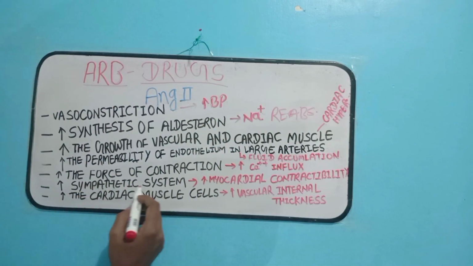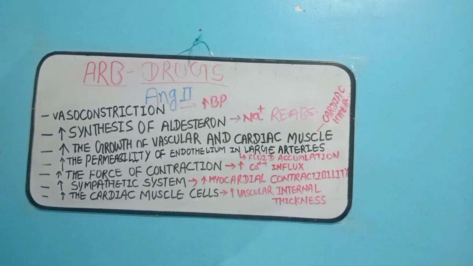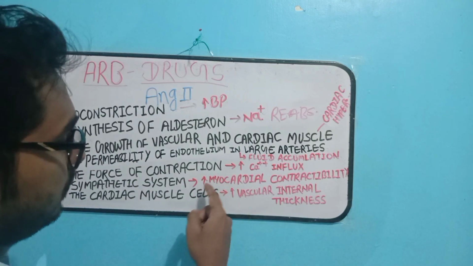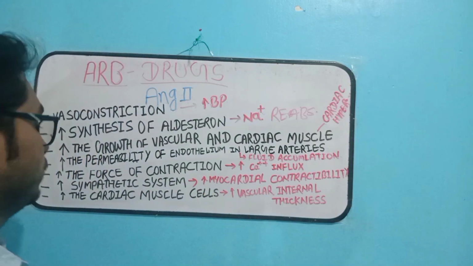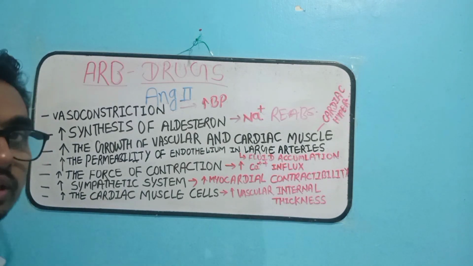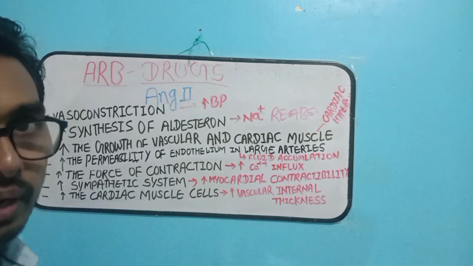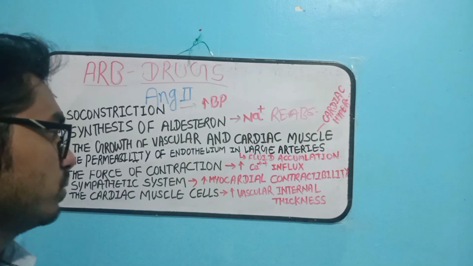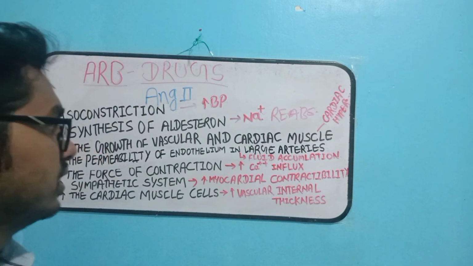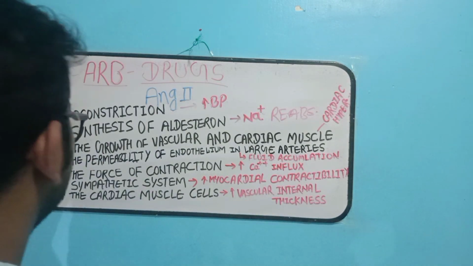It also increases the sympathetic nervous system, and that leads to the increase in the myocardial contractility. We all know that the sympathetic nervous system gets activated in the case of an emergency condition. So this is also called fear, fight and flight. It is always active in the case of an emergency condition, so that leads to the increase in myocardial contractility.